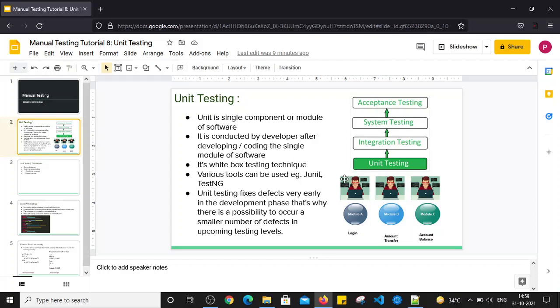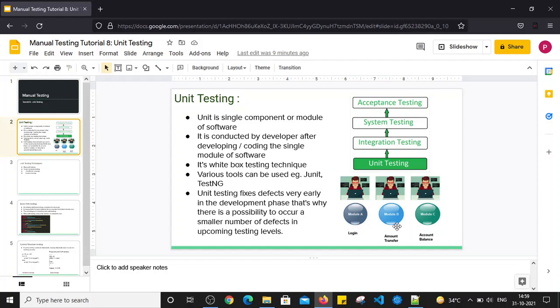That's why the first testing round that is conducted by the developer is known as unit testing, and for that coding knowledge is required. That's why it is known as a white box testing technique. It is conducted by the developer after developing the single module of software.